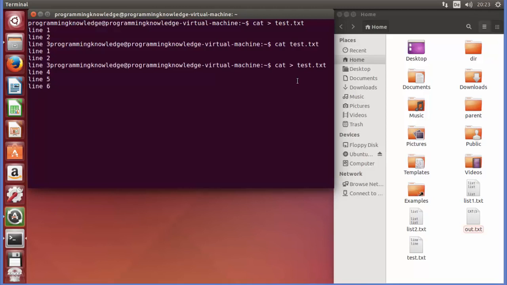Okay, and then I will just press Ctrl D to end this file, and now I want to see the content of this file,